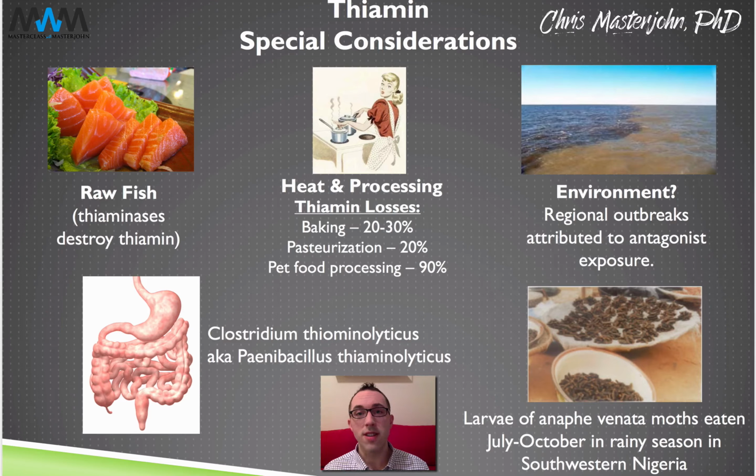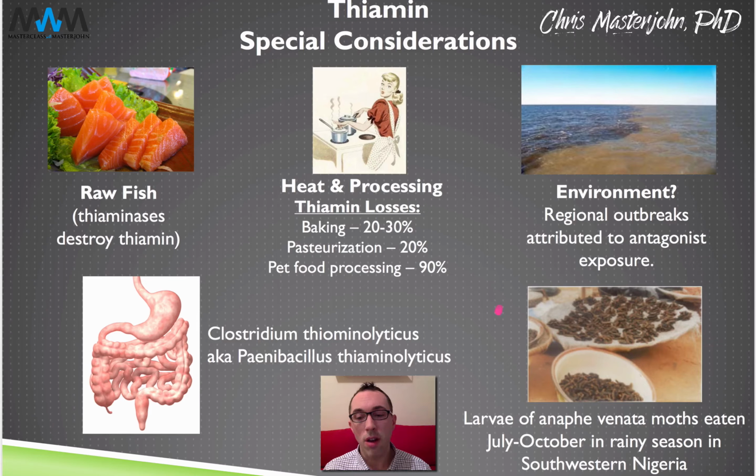And if they have a more moderate deficiency, they produce eggs that have much lower levels of thiamine, and then other animals eat those eggs, and the deficiency spreads through the food chain. The exact causes of these outbreaks aren't known, but it's thought to be thiamine antagonists that are synthesized by algae in the dead zones. There are also some traditional foods, and one example is in southwestern Nigeria, there is a